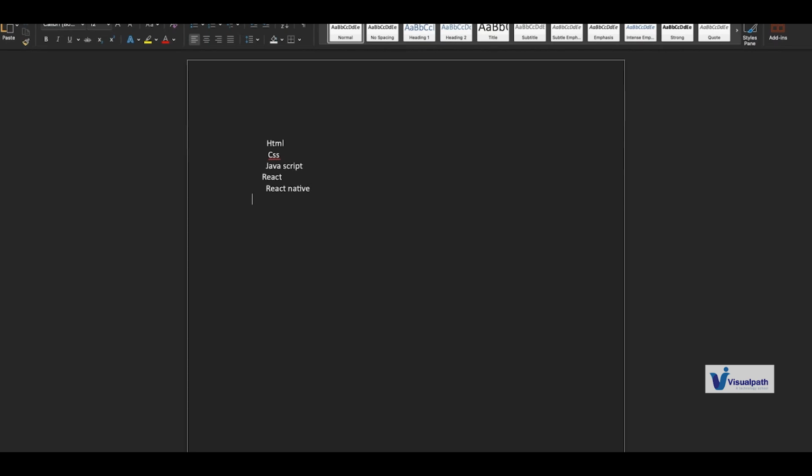Then we'll build a live project using React Native and Expo. Here we'll be covering a few other features and plugins, like camera,